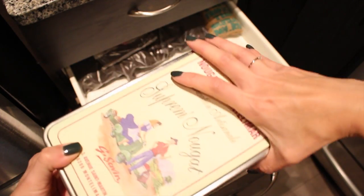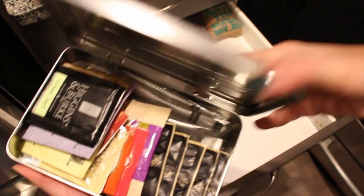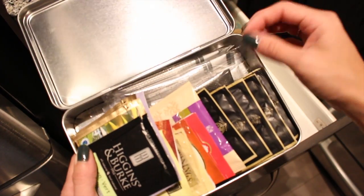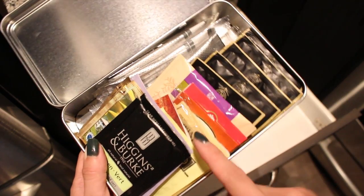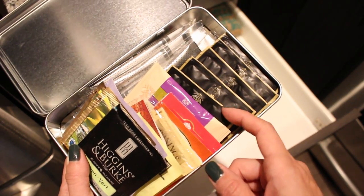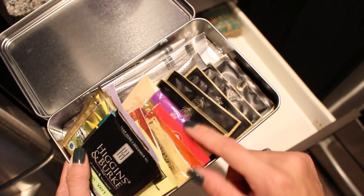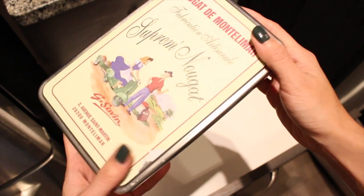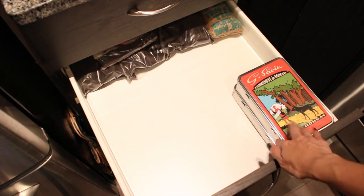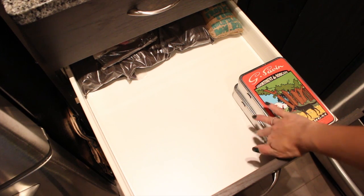And then in the second tin here, I have a bunch of other tea bags. So I have the little tea sticks that I got from my friend over the holidays, and then I have some other just miscellaneous tea bags that we've managed to gather over the past little while. So these 2 tins just stack really nicely on top of each other, and I just keep them in the